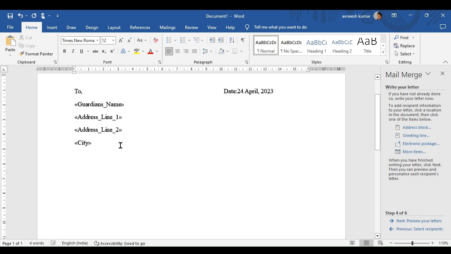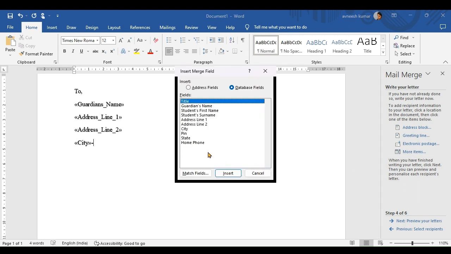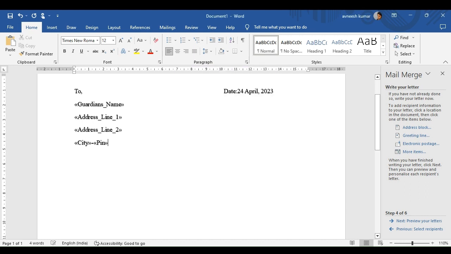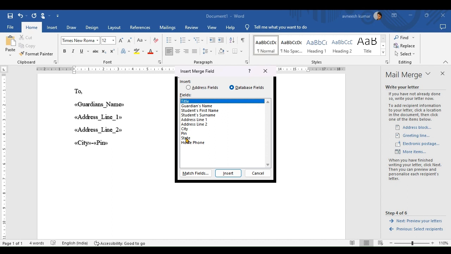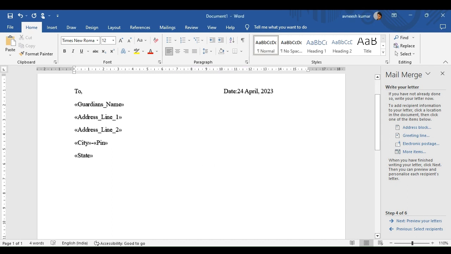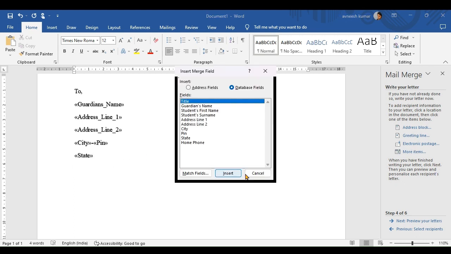Then we enter just a dash, then more items, and then this pin, then close, again press enter, click on more items, then select state, then close. We are not entering a mobile number right now, so just you'd be using this, or you can just enter if you like. So if you need to enter mobile number, you click on more items and home phone and